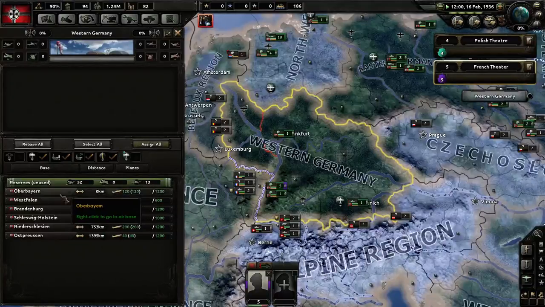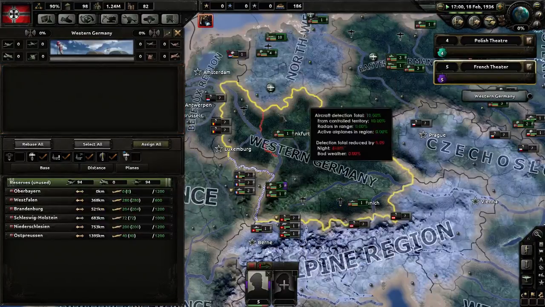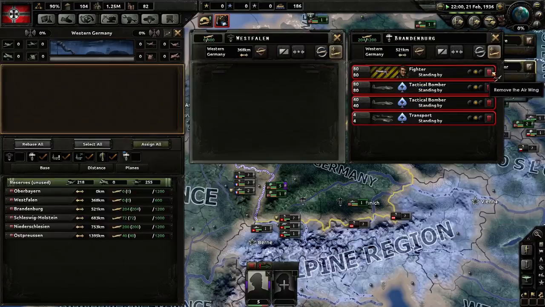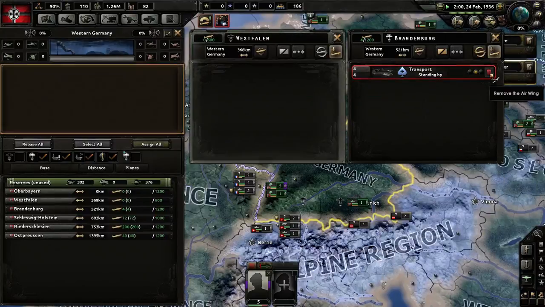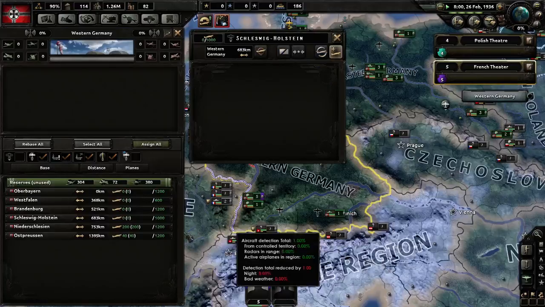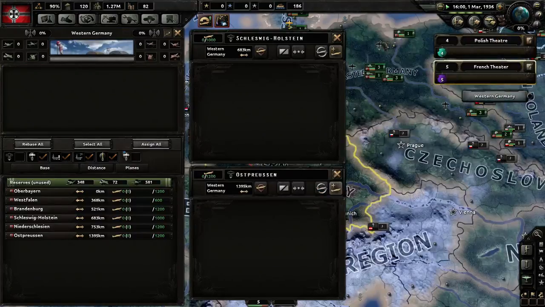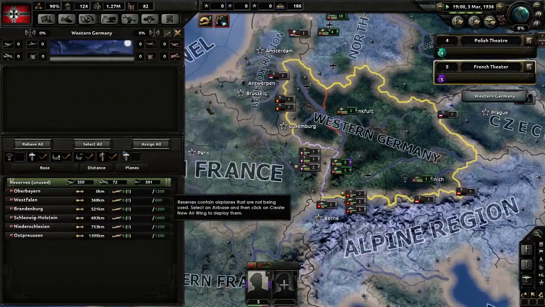Right, okay. Right, so I'm going to do yes. Right, so basically I'm assigning all my aircraft to the reserves. I think that's what I'm doing. Okay, let's just give us an idea of exactly how many aircraft we have. Okay, that's fine. That's good. Okay, so all our aircraft now are in the reserves, and it's telling us we've got